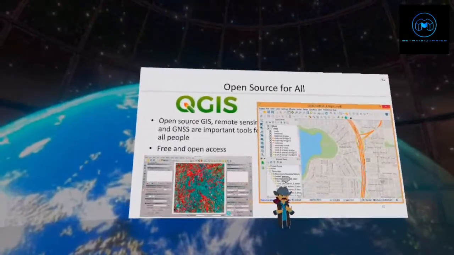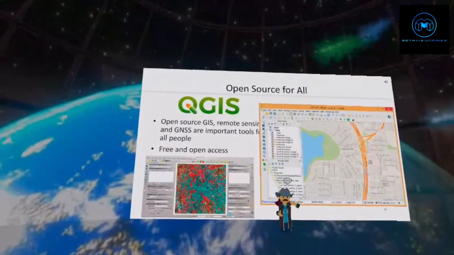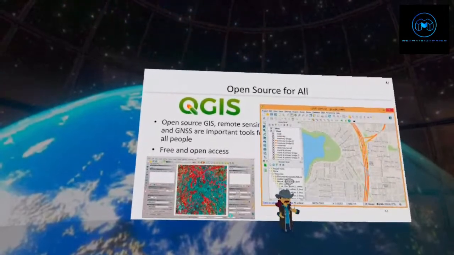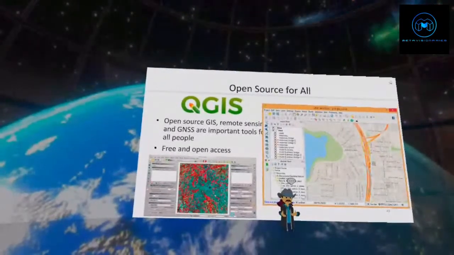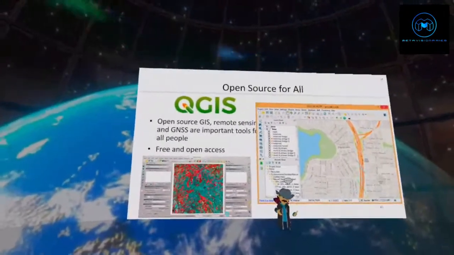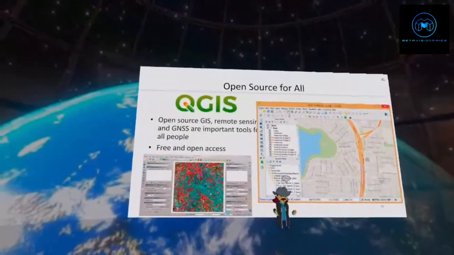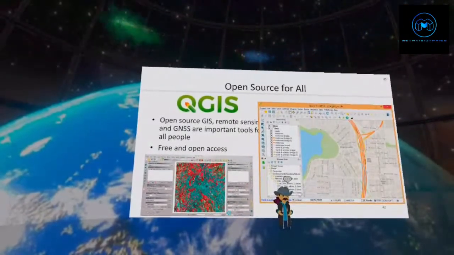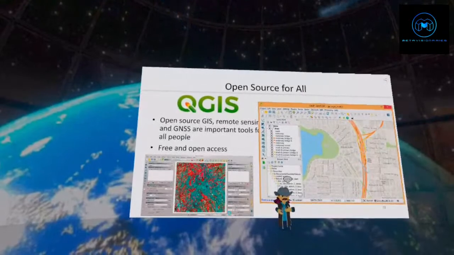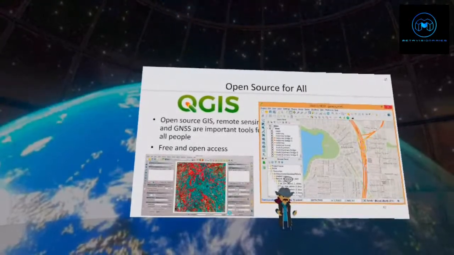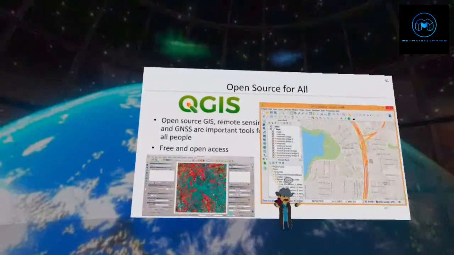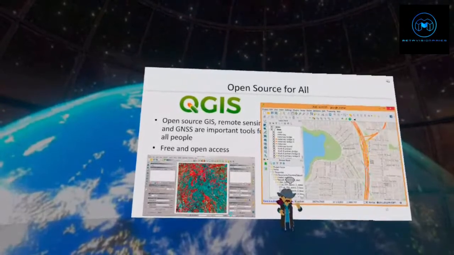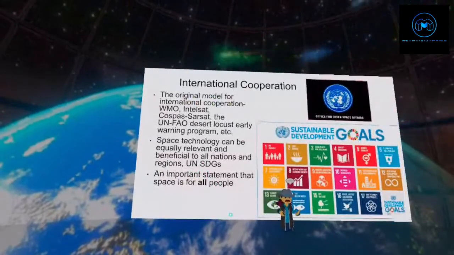I'm a very large proponent and user of open source tools. I really believe strongly in the open source model of science, of activities, and I work a great deal with open source remote sensing and positioning and geographic information systems. I work a lot with a great free software package called QGIS that is freely available, very capable, can be run in over 40 different languages, that can help us harness the capability of all of these tools to make them useful everywhere and to everyone.